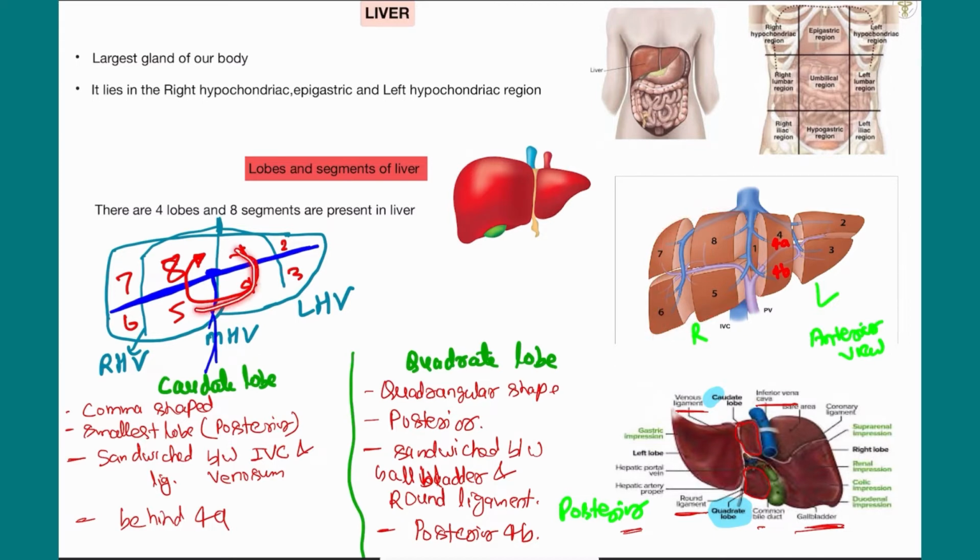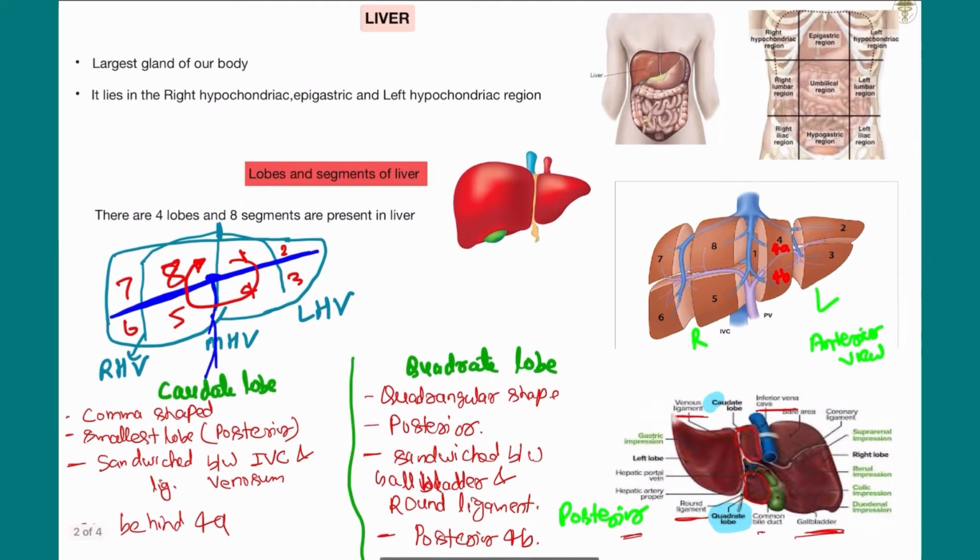And this is a very good trick. You will learn only the clockwise direction, so you will write all segment names easily. In the right lobe of the liver, you will learn the 5th, 6th, 7th, 8th segments, and in the left lobe of the liver 1, 2, 3, 4. But sometimes in the examination he will ask in which lobe the first lobe is present, so it is included in both the right lobe and left lobe of the liver. So please check the options; in an optional examination, check how to choose the answer. So these are the lobes and segments of the liver.